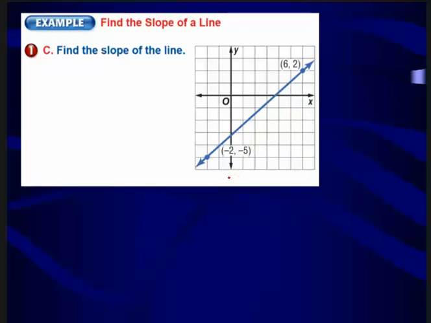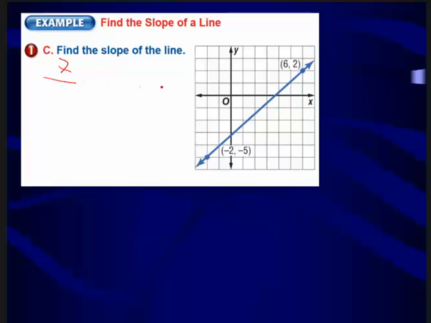So we can choose any points we want to, but it's always good to choose points that are actually on the crosshairs of our grid. Again, it doesn't matter which one we start with. I'm going to start down here. I usually start on the left side and work my way to the right. So if I want to do rise over run, I need to count how many spaces it takes me to get from this point up to the same level as our second point here. So I'm going up 1, 2, 3, 4, 5, 6, 7. So it's going to be 7